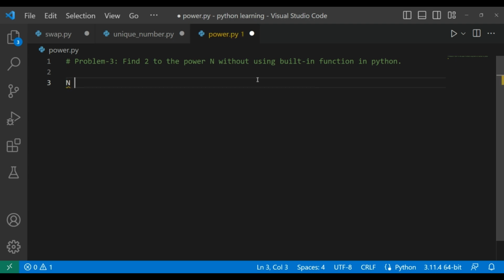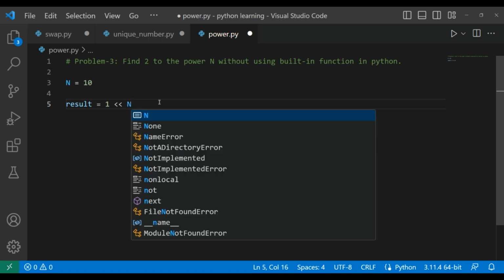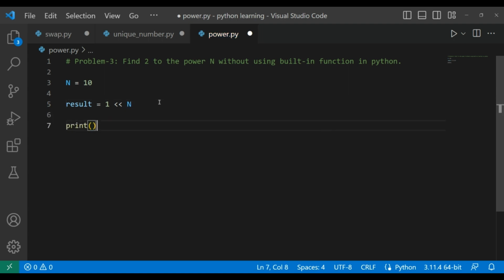So let's say we are given n, and we have to find 2 to the power 10 without using the power function. There are many techniques, but the simplest one is using bit manipulation, the left shift operation. Let's see how we can do it. I'm creating a result variable, and I'm using the left shift operation. I'm left shifting 1 by n, and when I print this,